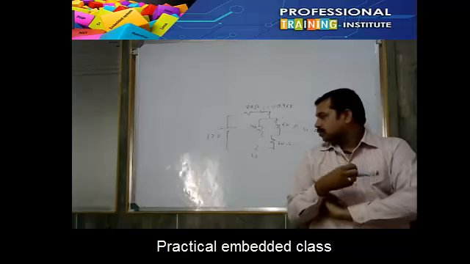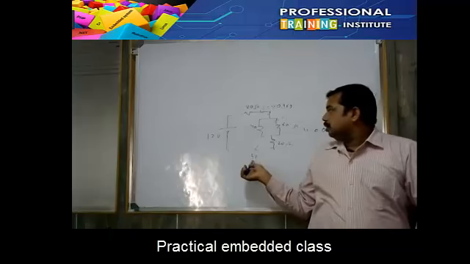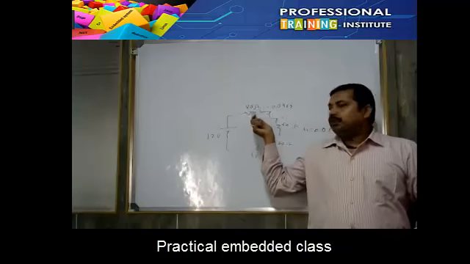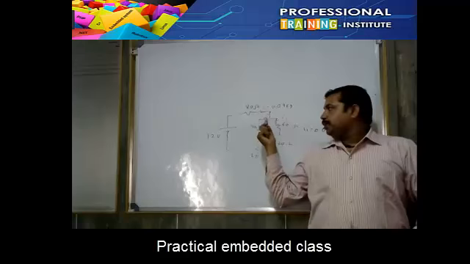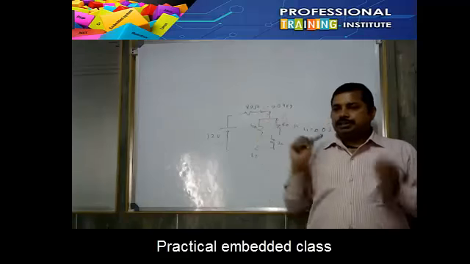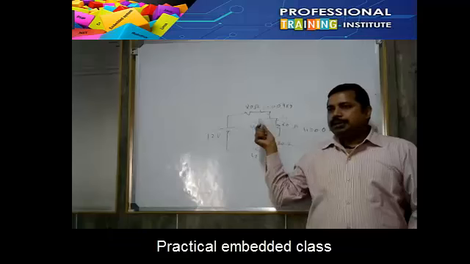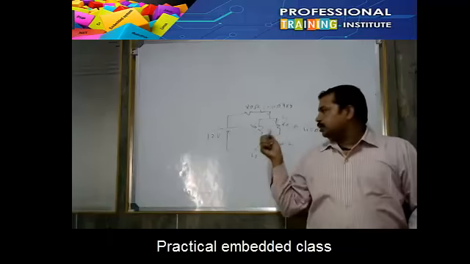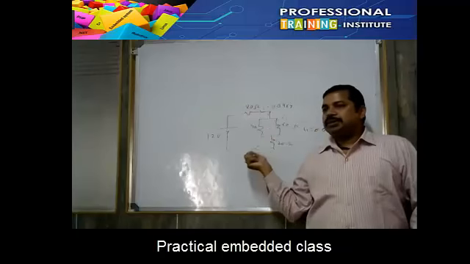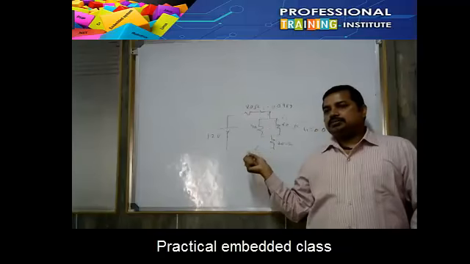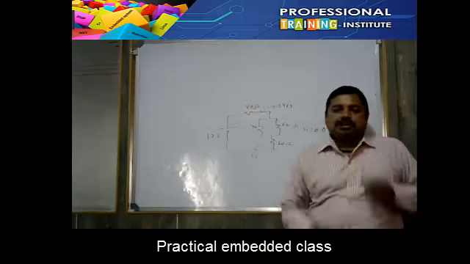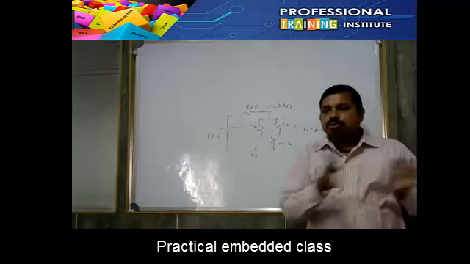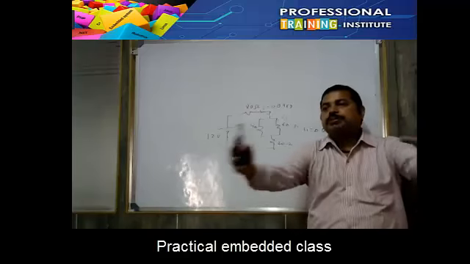How do you calculate I2? See, whatever current is flowing here, the same current will come here. It strikes the mountain and divides into two parts. But after some time, they become one again, and the same current will come here. Like the Brahmaputra river coming, they hit the mountain, they divide into two, and behind the mountain they become one.